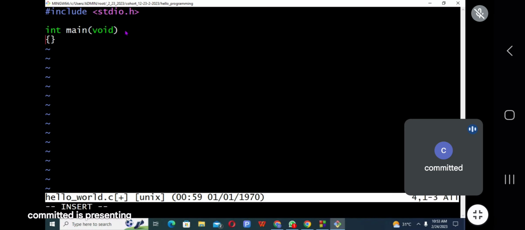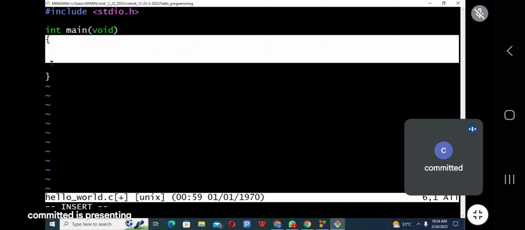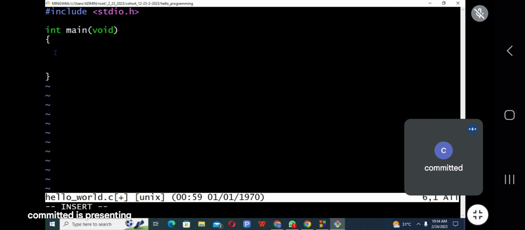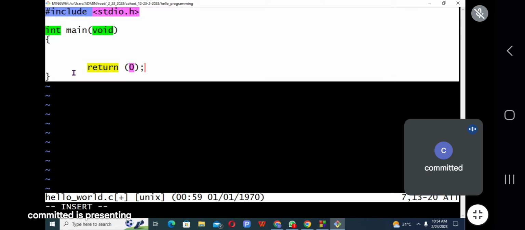After your entry point, the next thing is your code block. This is our code block. This is the third thing to do. After your code block, the fourth thing you will do is to declare your return statement here, which is usually this way.